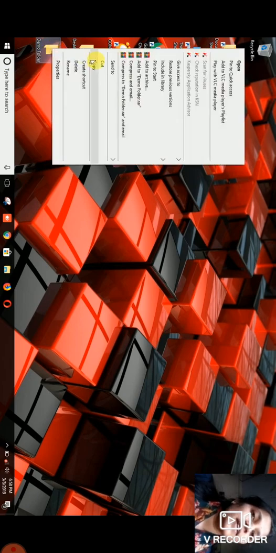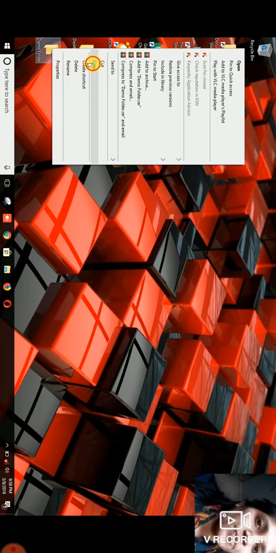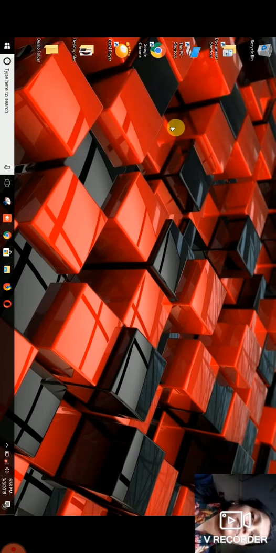Now we are going to see how to copy it. We just have to right click on that folder and click on the copy option. When we click on copy and then on paste, I'm going to right click in the blank area of the desktop and select the paste option, so that I can get the same copy of the folder in the blank area of the desktop.